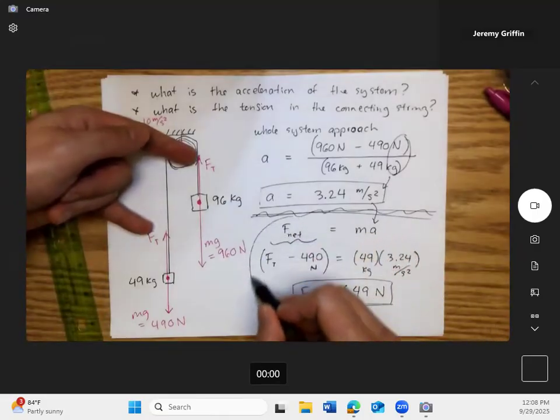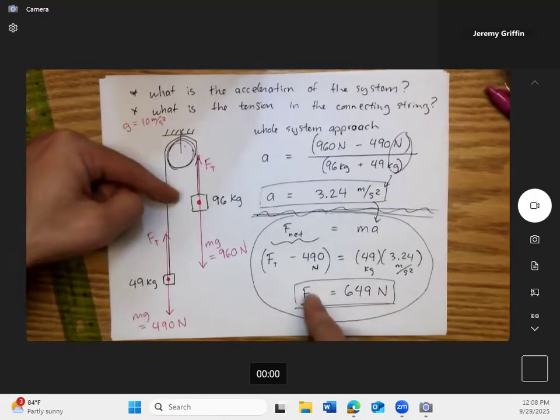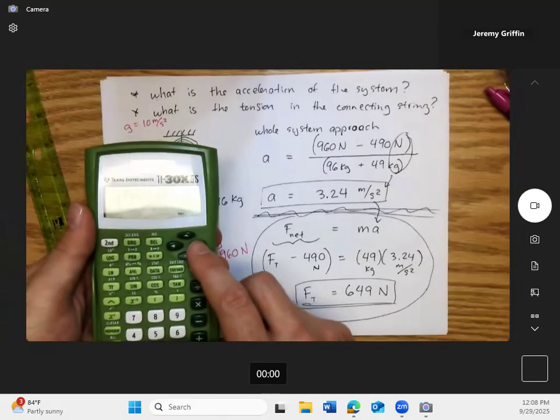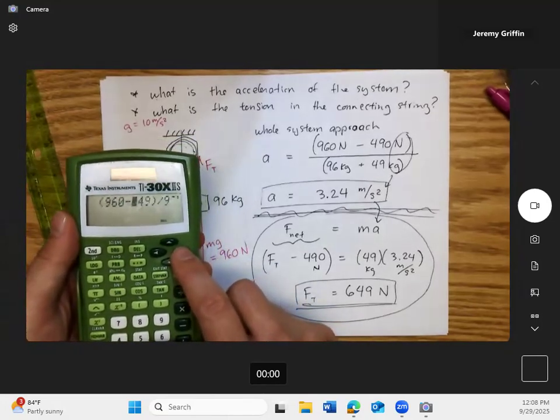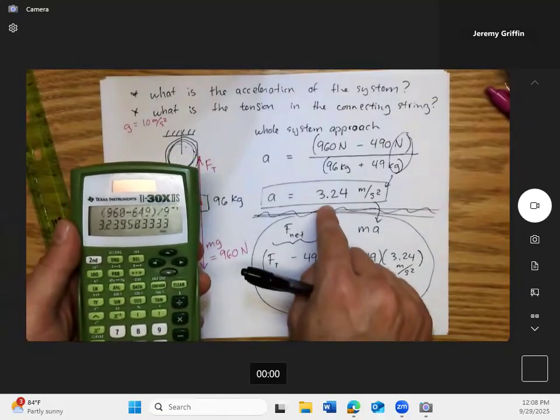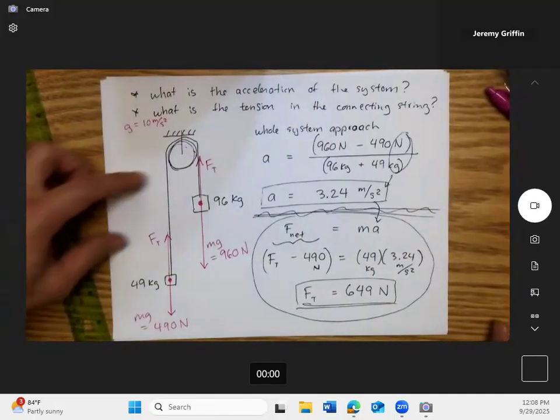So what I wrote on paper is I just did it from the point of view of the small block. I could have set up an equation. And then in my calculator, here I'll scroll up. I went and double checked on the large block, because in my calculator screen right now, this is the large block. And it also came out to the same acceleration. So it worked out. The same tension on both blocks.